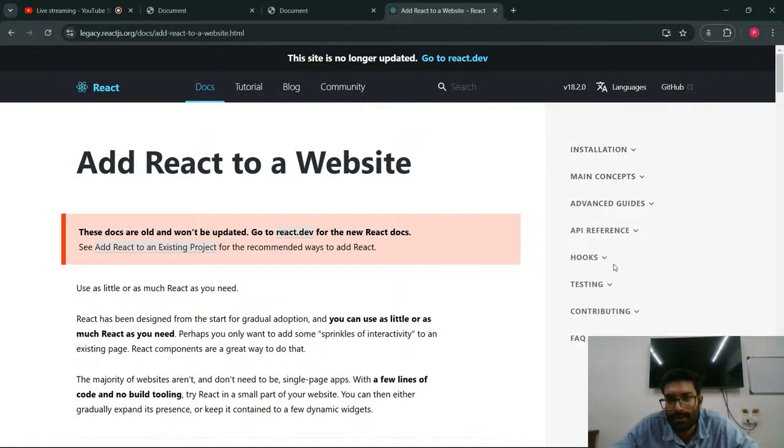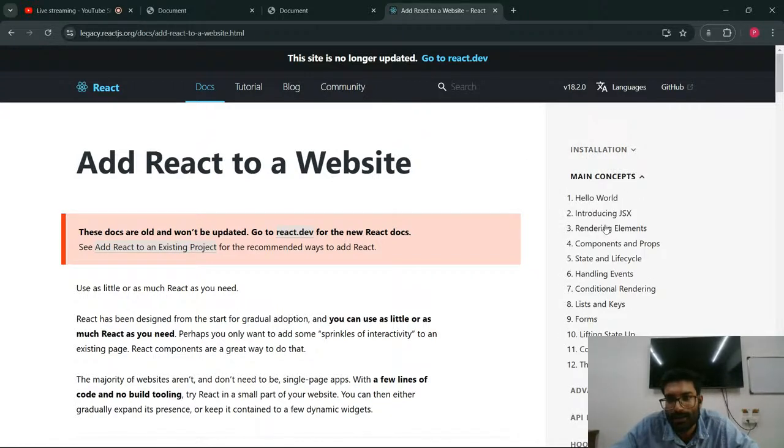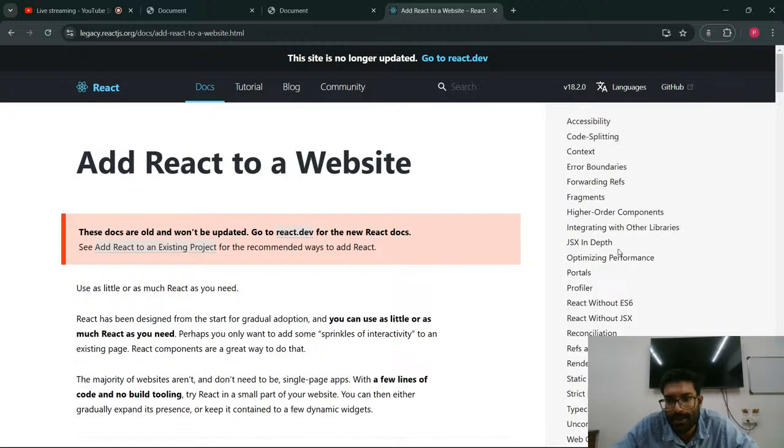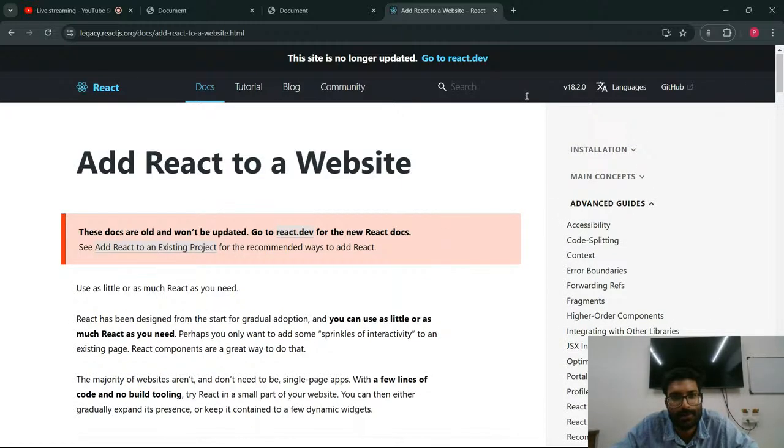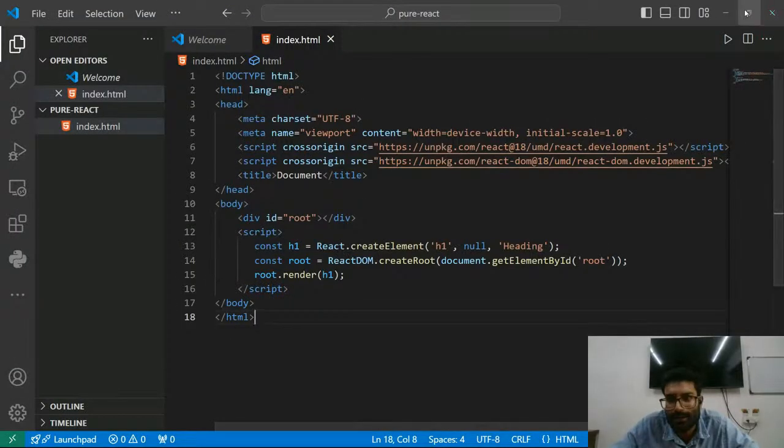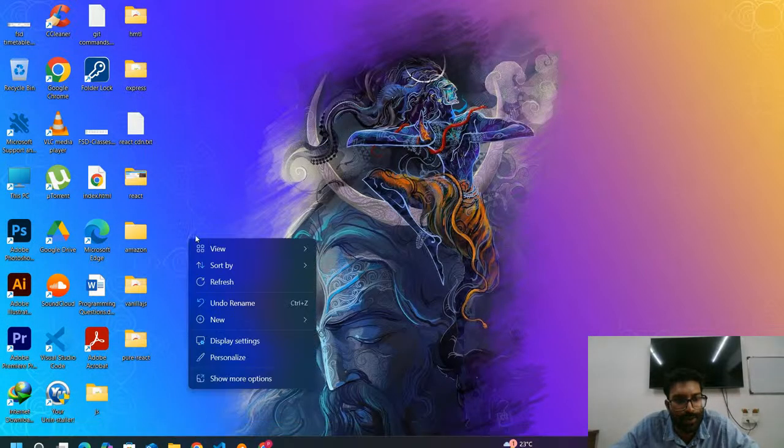Everything is given here. Main concepts are there, then advanced guides are there. Everything will be here if you want to learn React. Right, so let us understand these scaffolding tools now, how we can get a